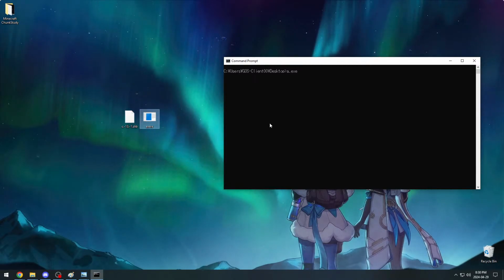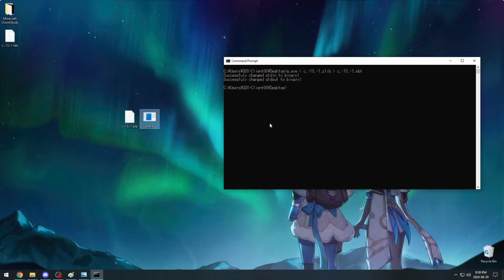So we put the file that we want to inflate, and then the file name that we want to deflate it to. I want to deflate it to a file with the extension nbt, because once we deflate it, you'll see our data is written in NBT format. So I'm just gonna run this, and boom, it creates a